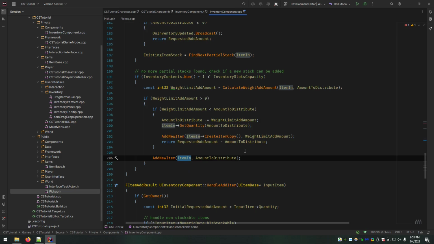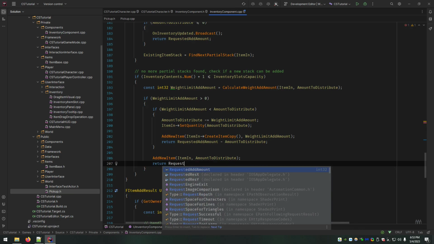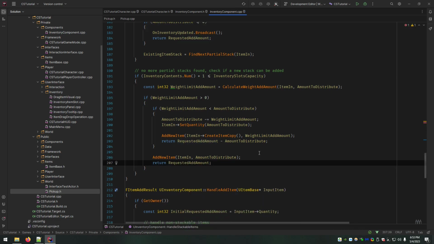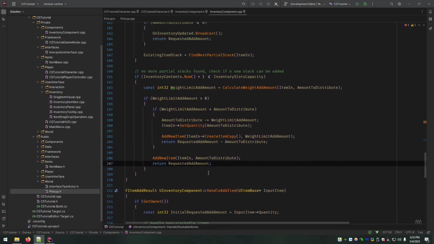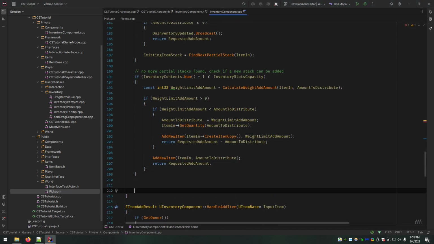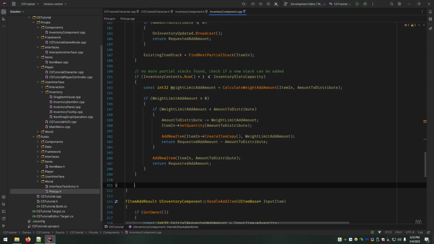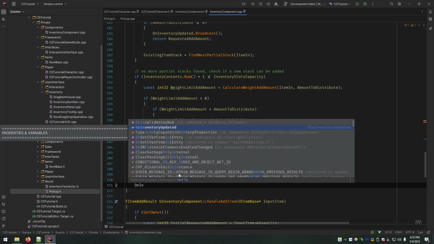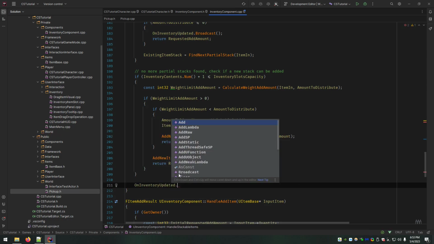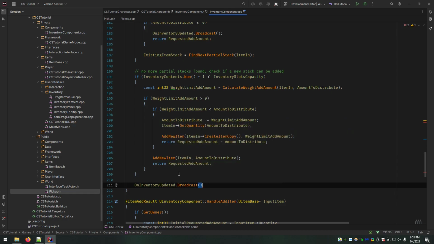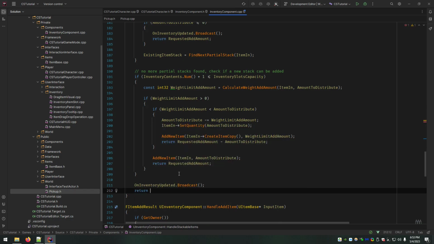You don't have anything else laying around that's going to point to that same place in memory. And then we return our entire requested add amount. Now the last piece, we're actually done now. We're going to add a couple of informational comments here to help clarify all this. But the last piece would be, if somehow you get all the way through, you just return your requested add amount minus your amount to distribute, and then you're done.